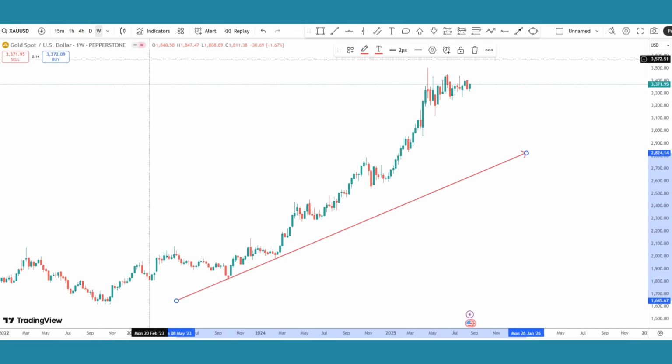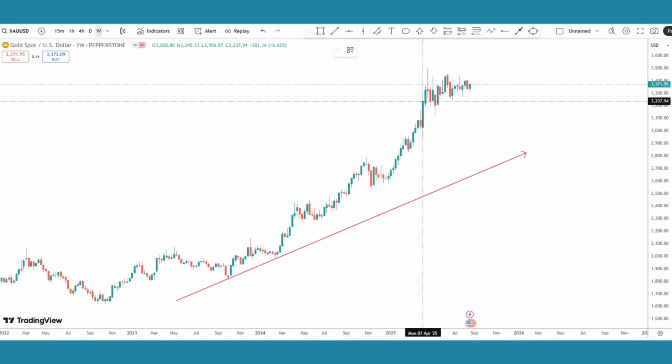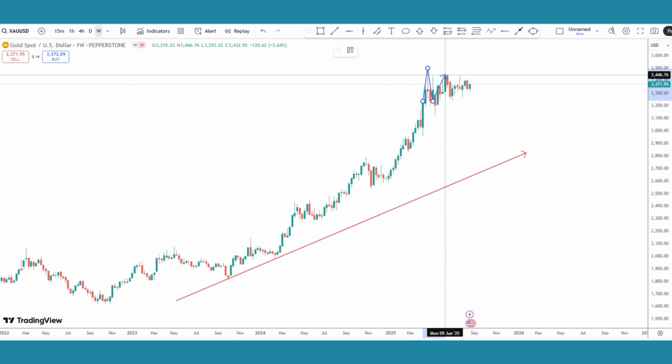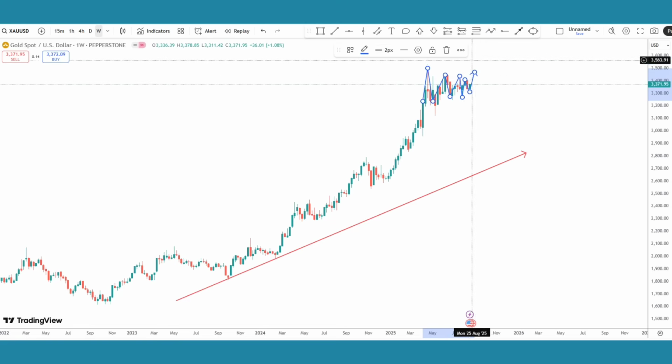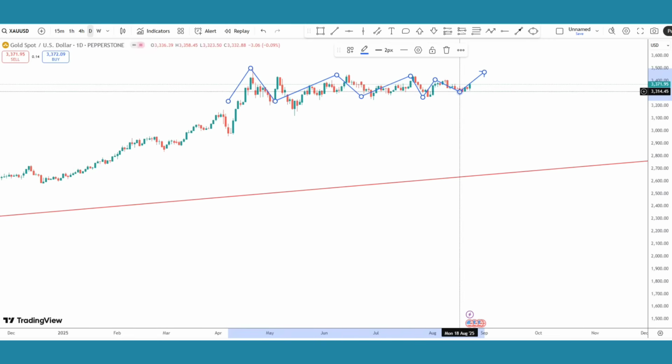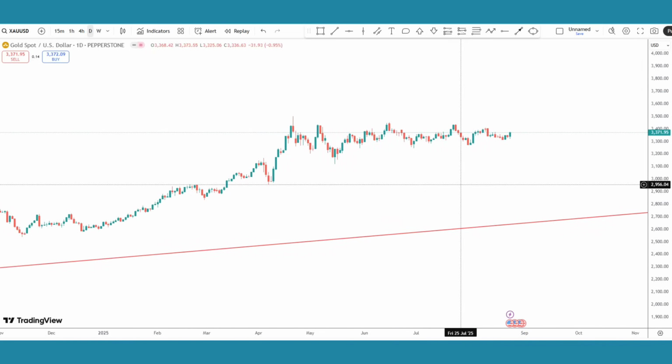So generally this is our trend at the moment, and this is what we'll be using mostly to decide what sort of entries we take. You can see price ranging just in this area here, and that's what it's been like in the past few months. Now if we go down to the daily time frame,